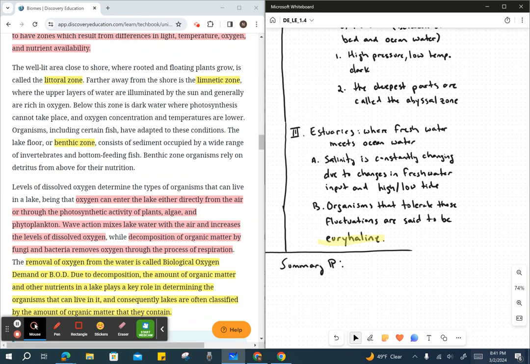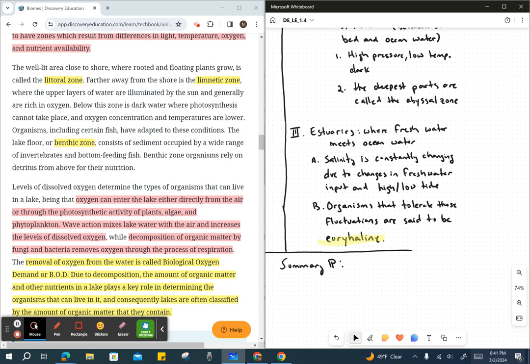Okay, so we talked about freshwater. We've talked about marine water. So, as you know, the water in between, where water from freshwater meets saltwater, we call those your estuaries or your estuarine zones. Estuaries are another kind of interesting place. You got to be highly adapted to live here. There's a lot of change always going on. Sometimes the water's got high salt levels, sometimes it has low salt levels. If you have a lot of rainfall,